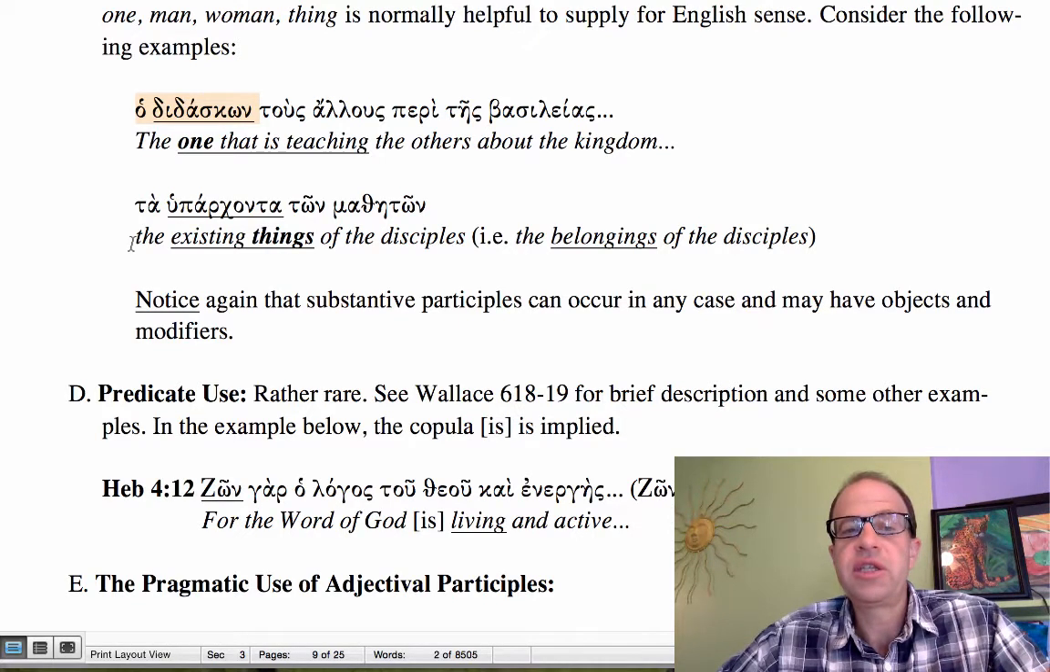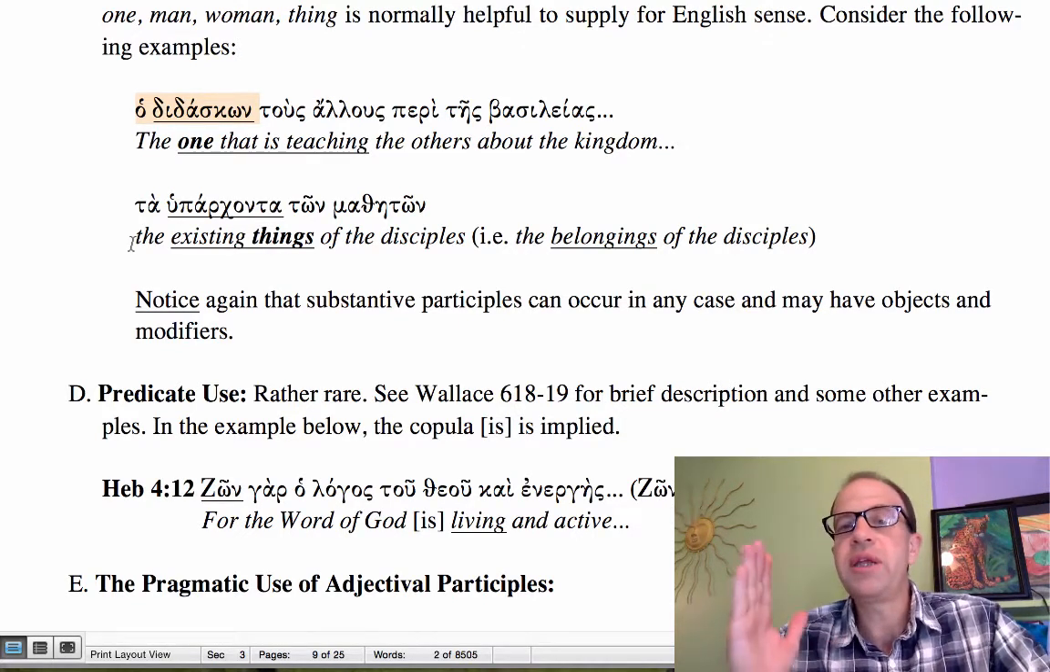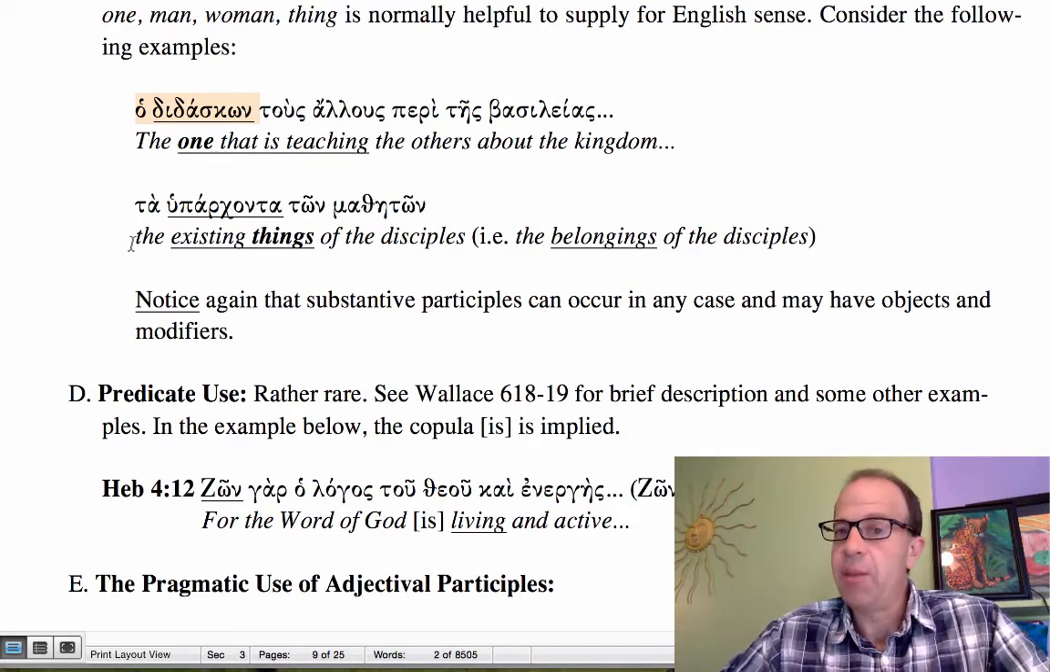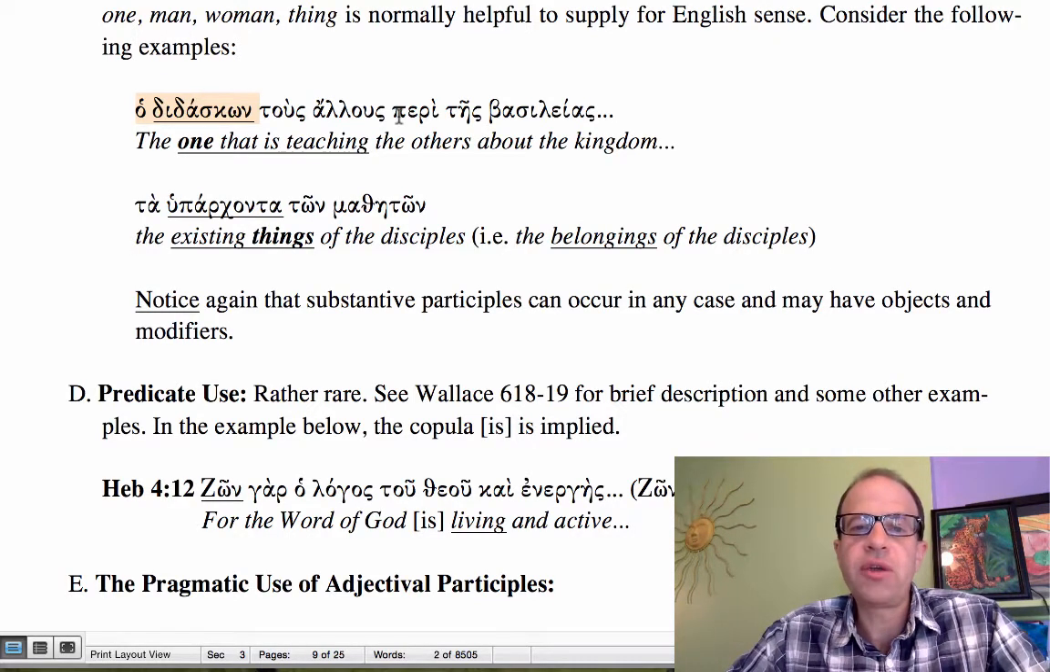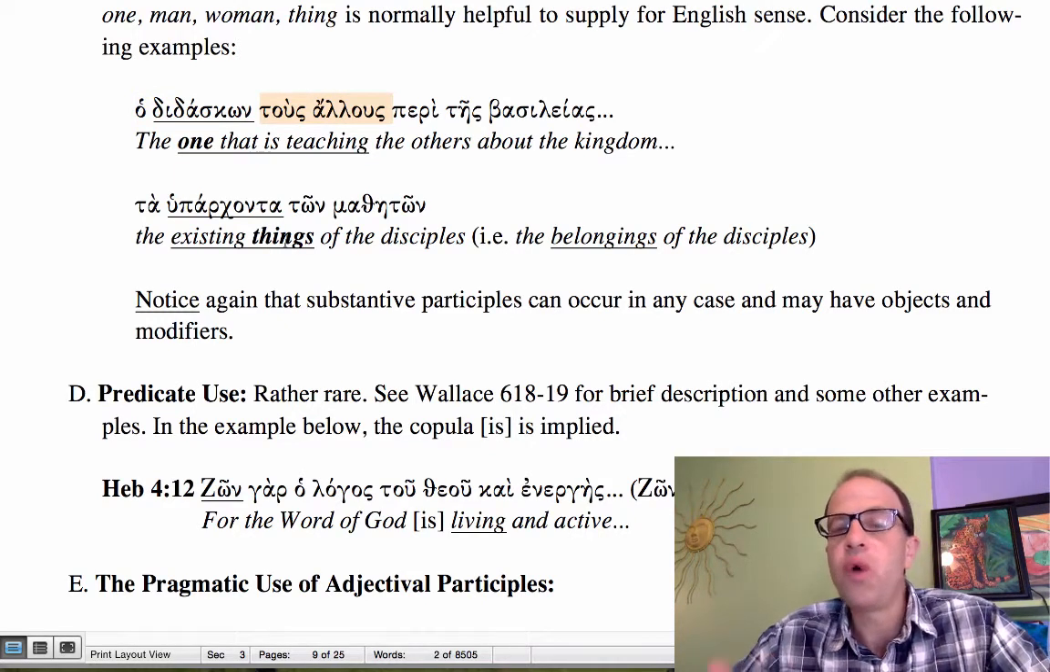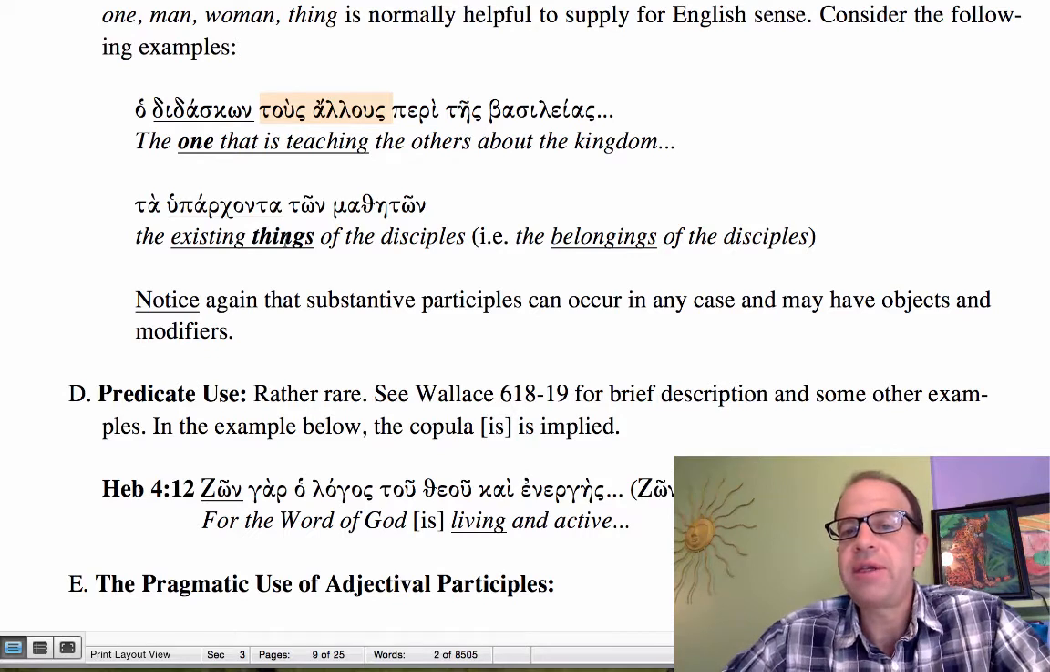So this is the teaching, literally it would be the teaching. Well, it's nominative case, it's masculine, and so we can add the generic word, the one that is teaching, or the man that is teaching. Notice that it has its own direct object, tous allous, the man or the one that is teaching others,